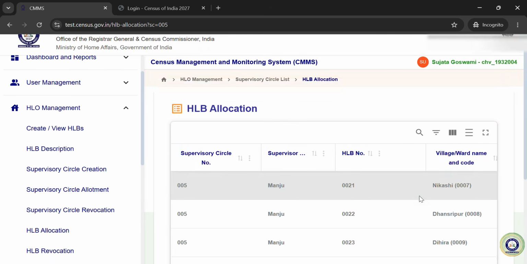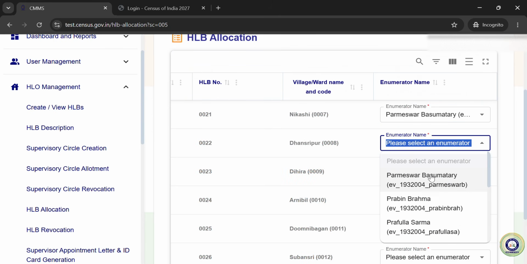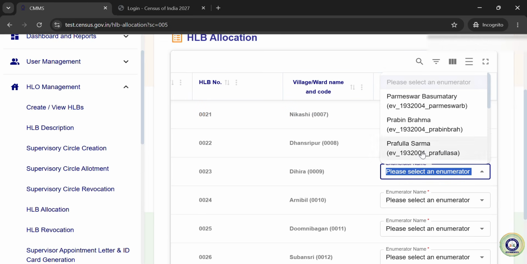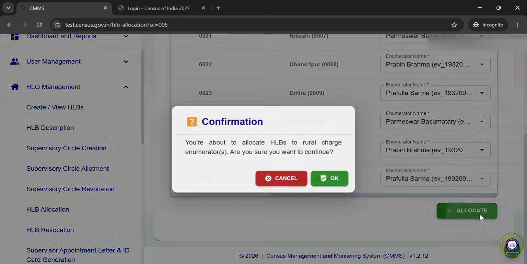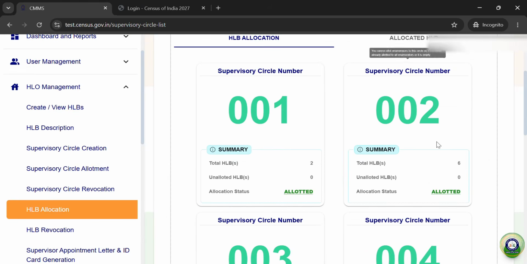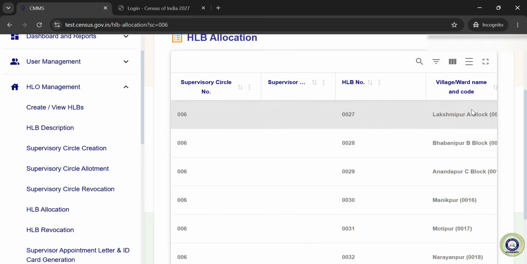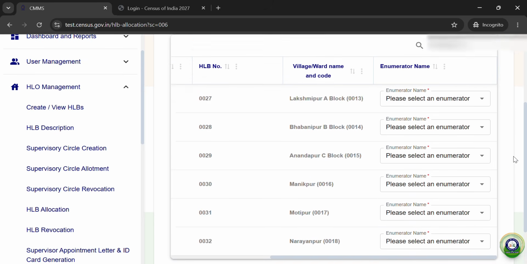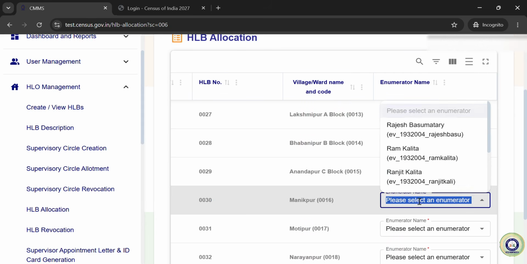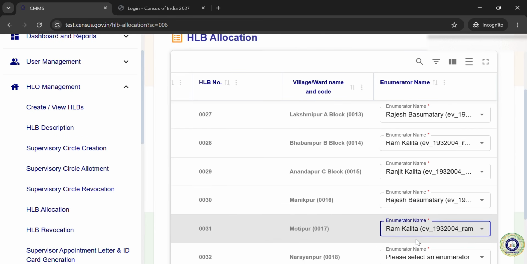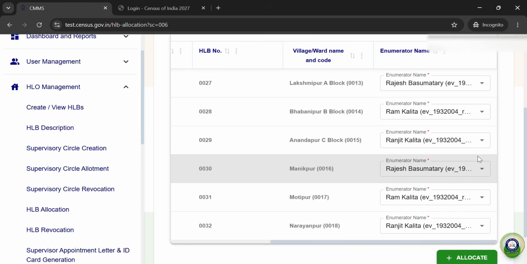Now the 5th supervisor circle, we will again allocate it. Similarly, all are allocated, and this is unallocated. Again we will allocate it here also. Again I have allocated 6 HLBs to the enumerators.